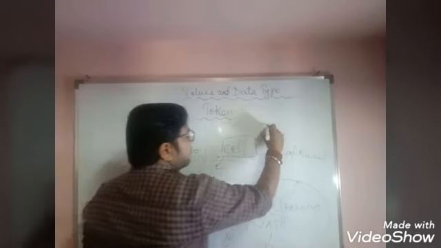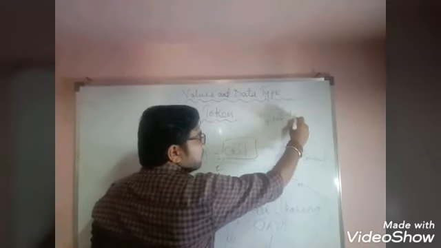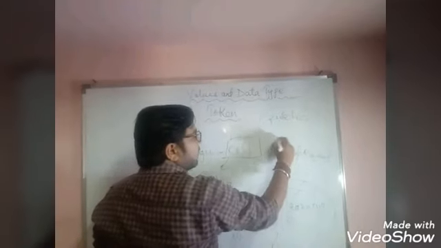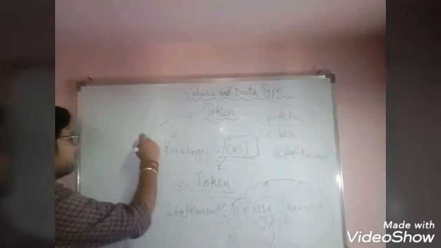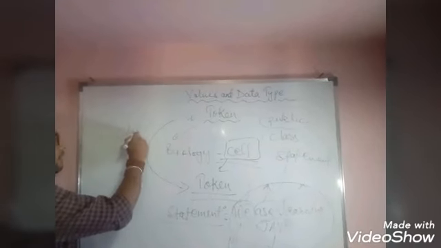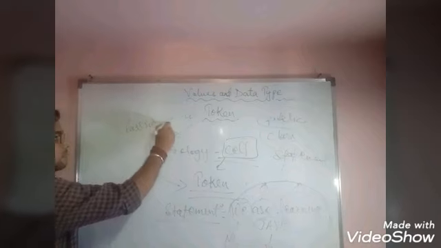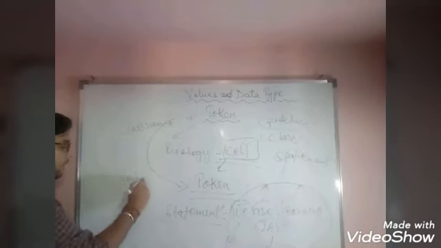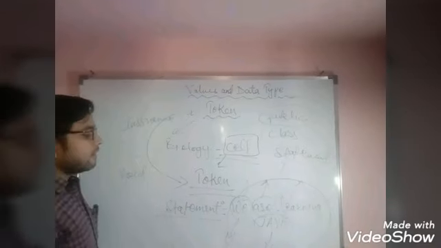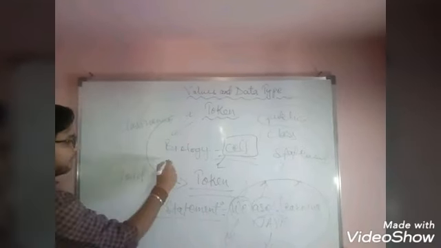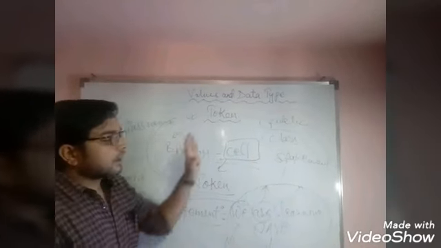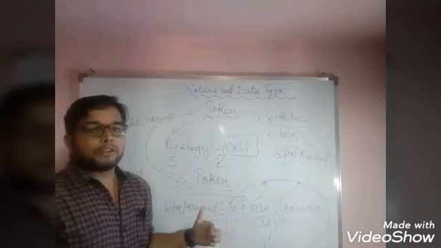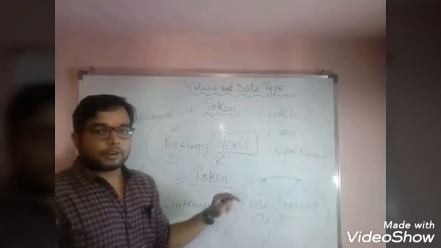As we know, public, we have already learned about public. So public is a token. If we write class, then class is a token. If we write a class name, anything you can write in the place of class name, this is also a token. If you are writing void, then it is also a token. If you are writing 3, then it is also a token. So every individual component of Java programming is called a token.